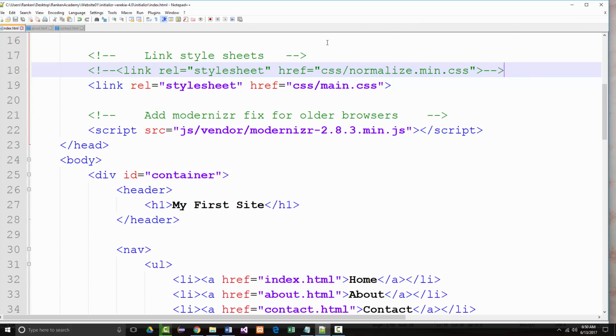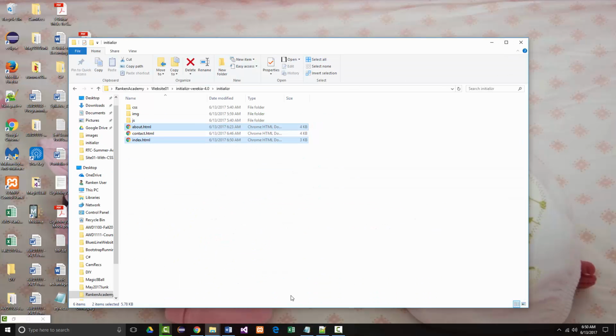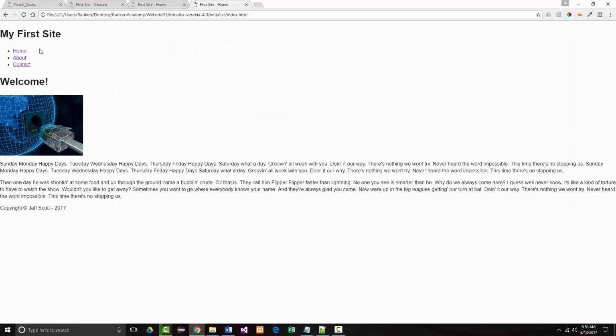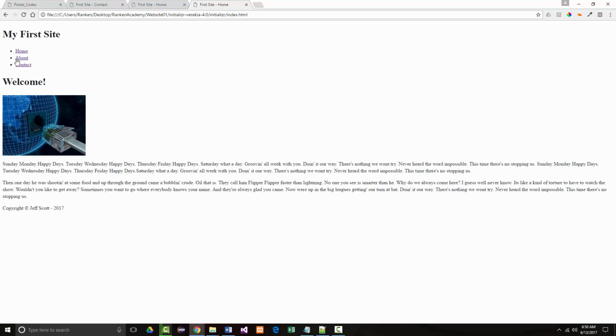All right, so I've commented it out. Why did I do that? Well, if we look at our website, and I'm going to reload the page, you may or may not be able to tell, but it changed some things. It added a little bit of margin right here, and it actually changed our font types. Because what that normalize